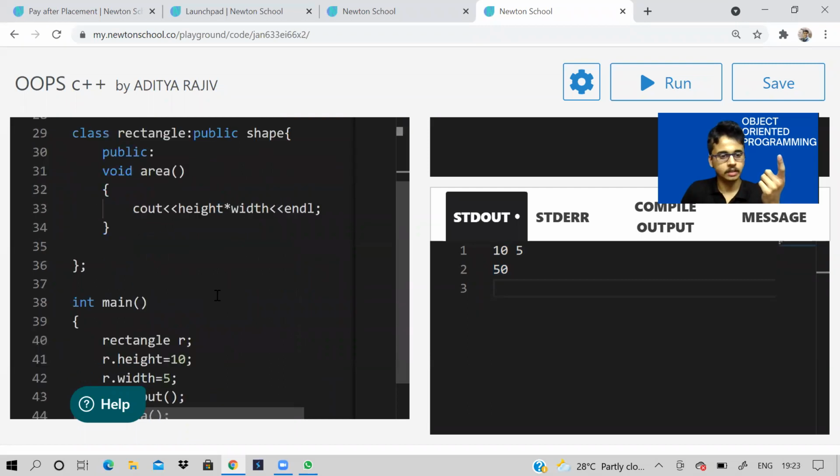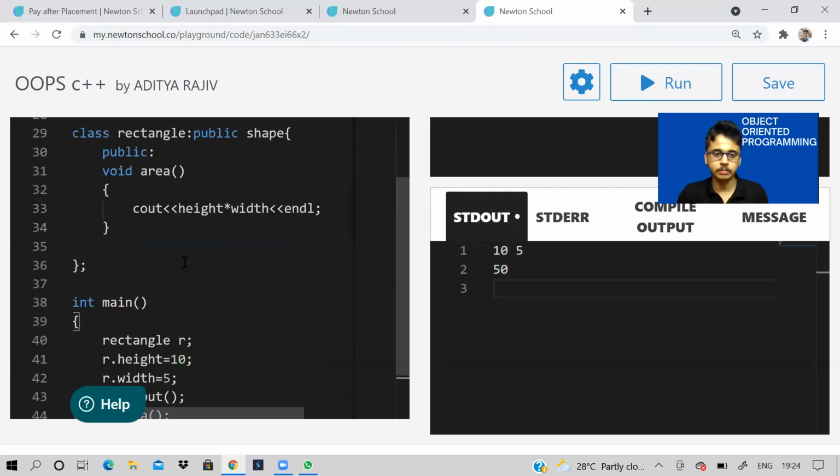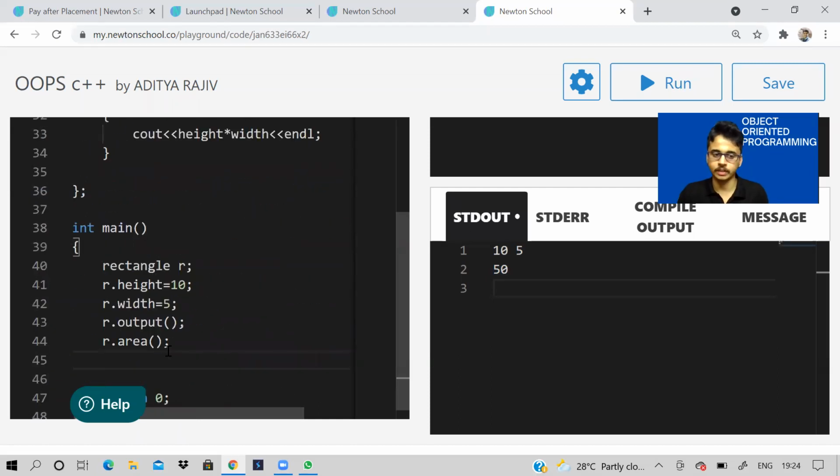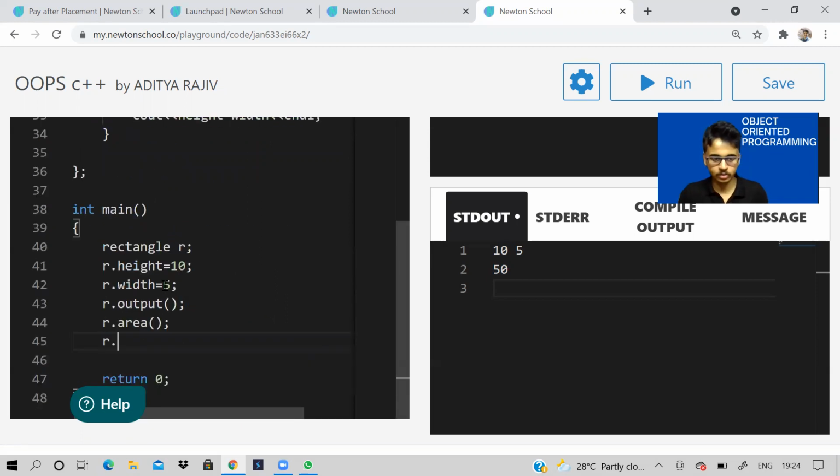Now I'm using the concept of inheritance plus polymorphism. Although I have declared all this in class shape, I can access it through the object r only. So what I'll do is r.add, I'll say 2, 3.